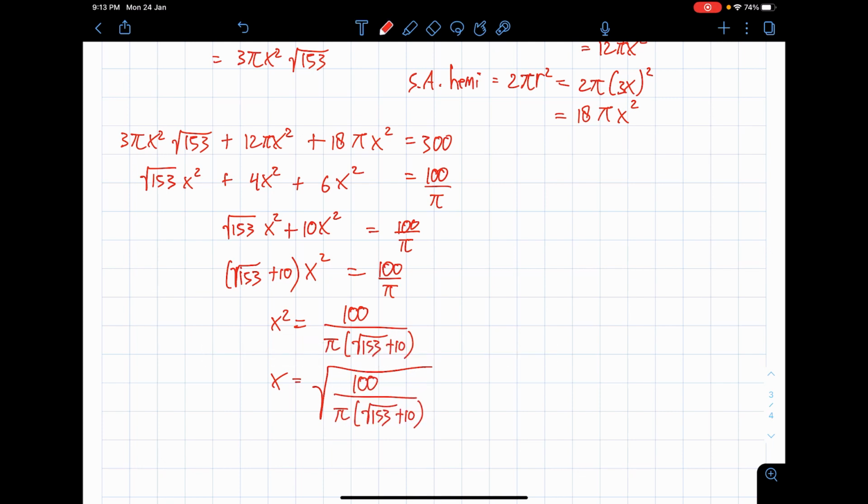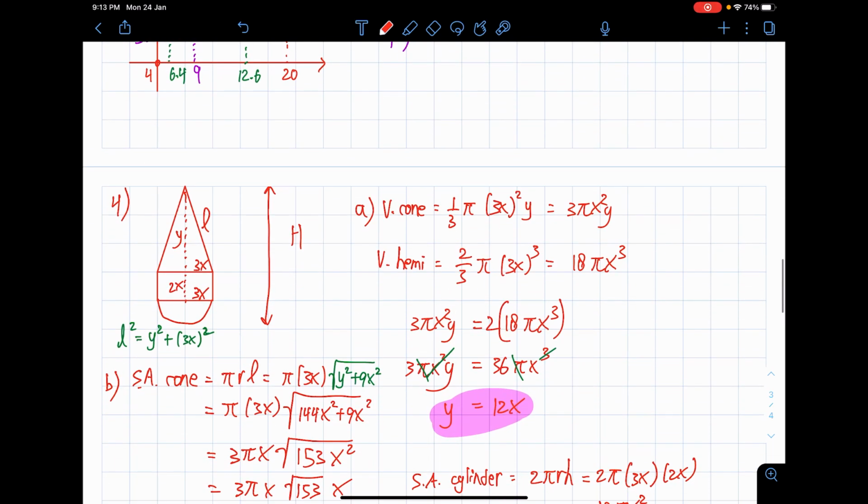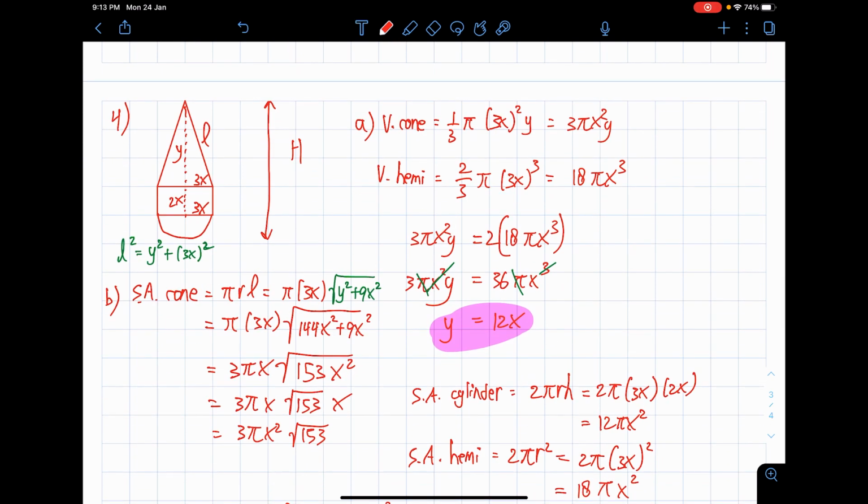I even forget what we are actually looking for, but I believe we are looking for x. No, they are actually looking for h, the height of the solid. So we got the value of x and we need to find the height of the solid. Now the height of the solid here, as you can see, let's count it, is y plus 2x for the cylinder. And then for the hemisphere, the height is actually the radius, so to speak it is y plus 5x. And don't forget that y is actually 12x. I can say it is 12x plus 5x, totaling 17x.